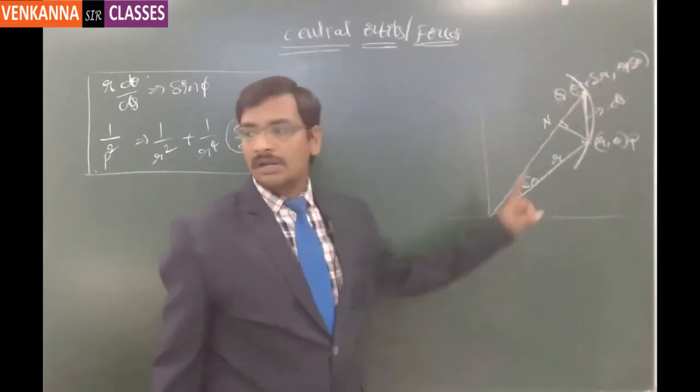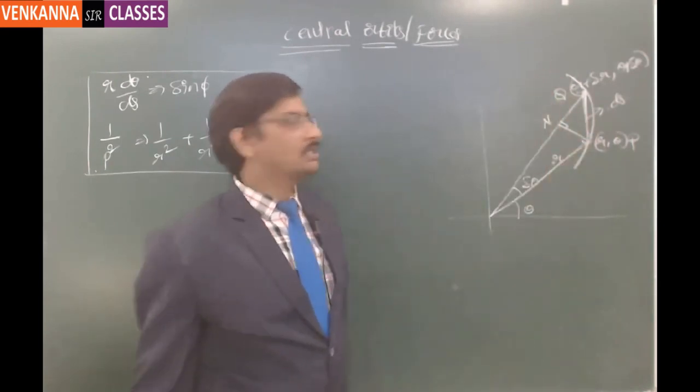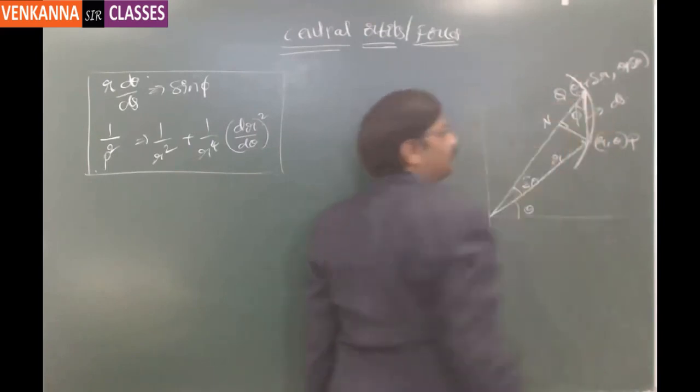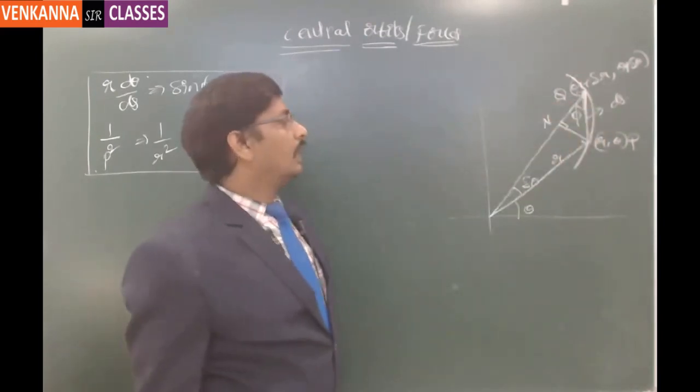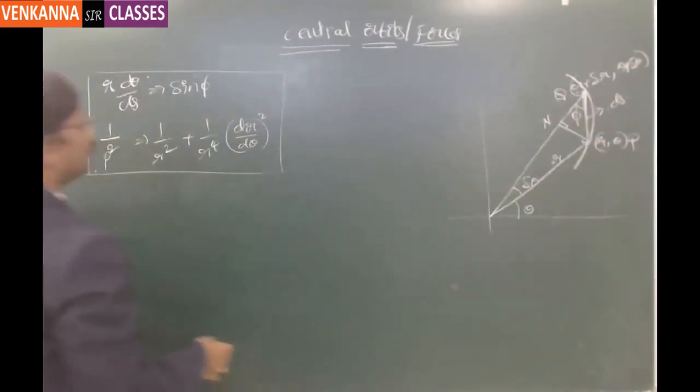Then pq is the arc length, or the pq straight line also we can call the arc length for approximation purposes, and let us say this angle is phi, and if I want to calculate tan phi,